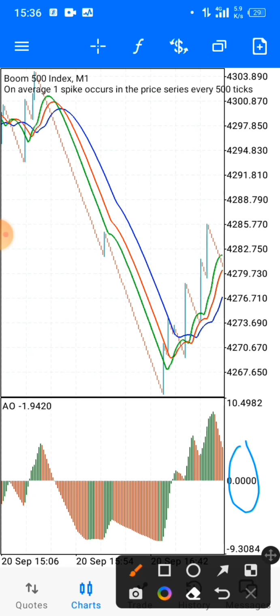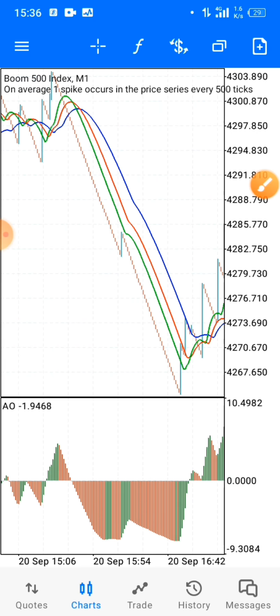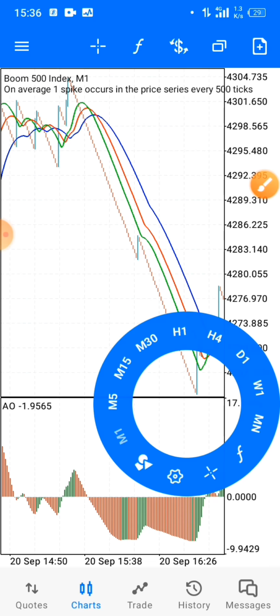Below the zero level, right? It has to be this small histogram. It must be below what? The 0 level, right? And then we're going to enter when these small bars turn what? Red. That's when we're going to be taking our